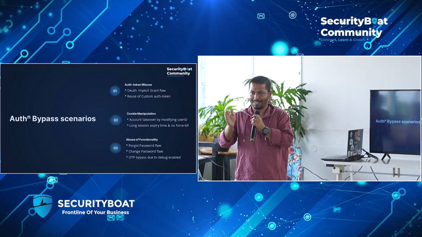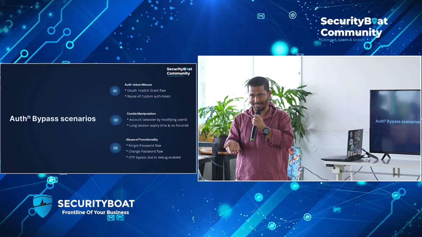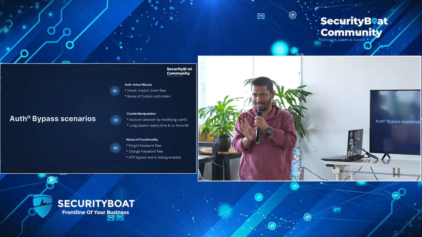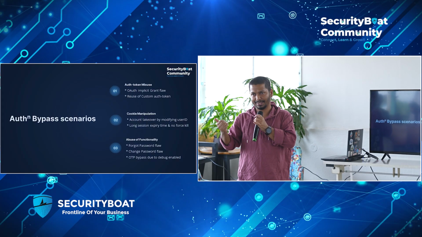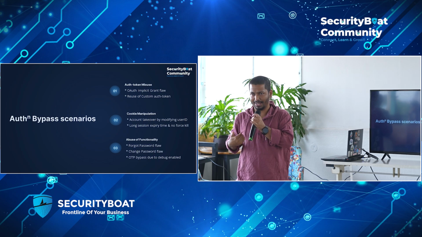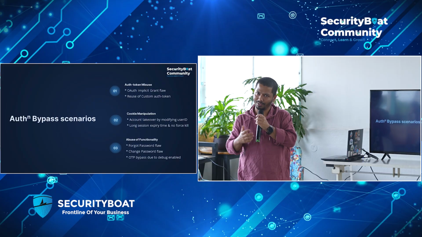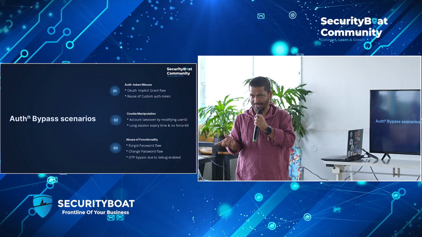Now what I did was, using the same proxy tool, I selected one account, intercepted and clicked next. In the request I see the whole email address was available. On the UI it was just masking, but in the request it was sending the whole email address. I could change the email address. Suppose for any victim user, first I will enter their email address in the forgot password page. It will redirect to sending the OTP. Here I can use the interception tool and change the email address to my email address. Now the OTP is sent to me and I could take over the victim user's account. Phone or both I can change. I could change, right? So this is an issue.